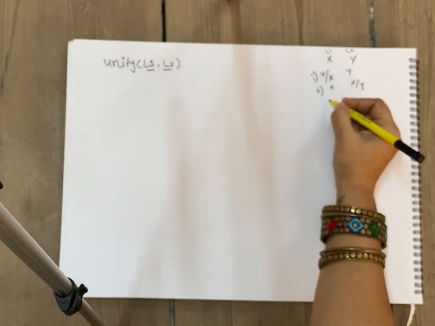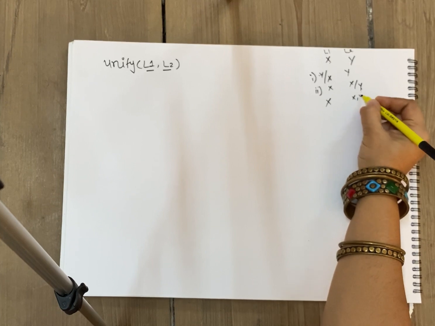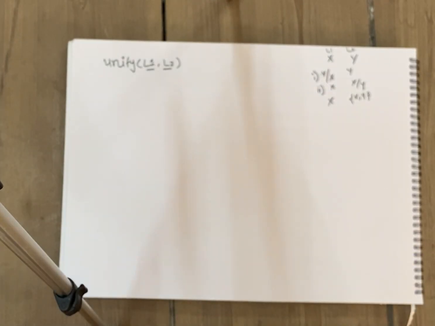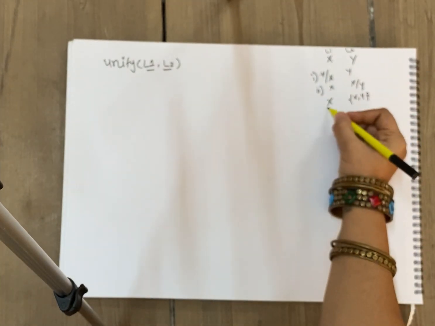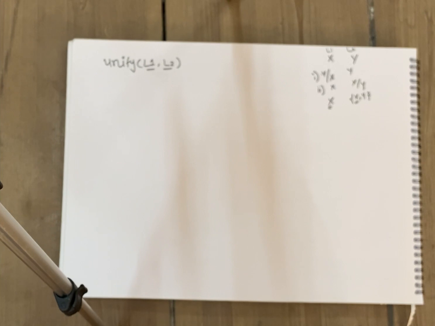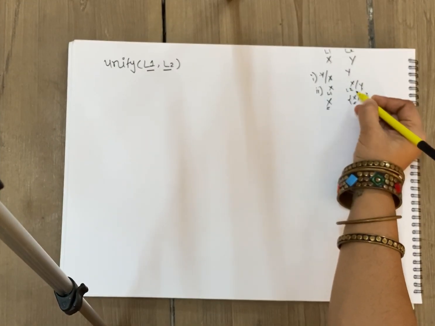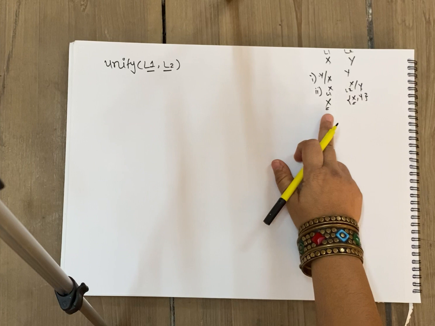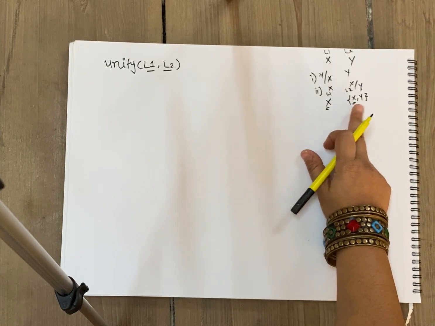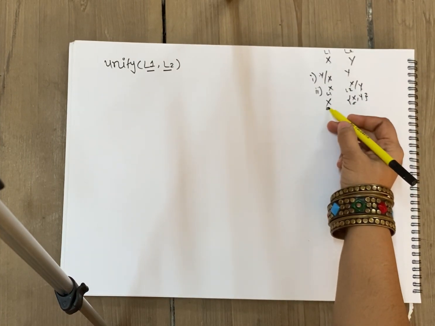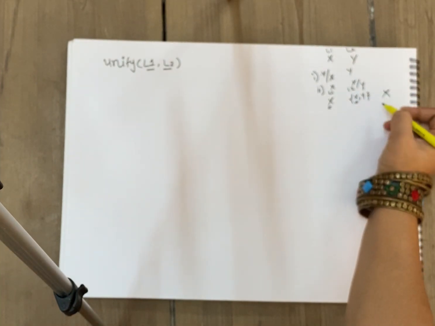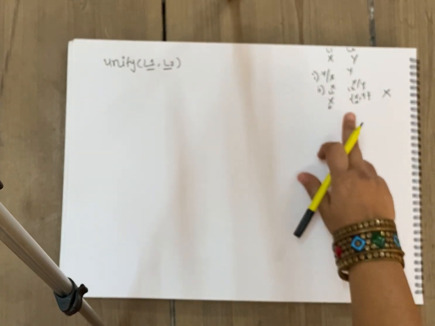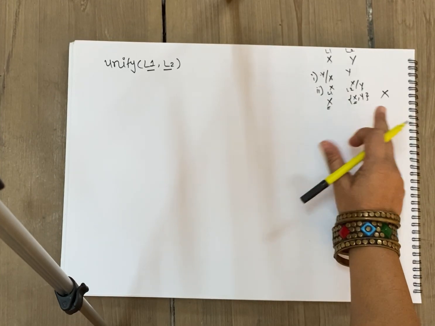But imagine a scenario where you have a variable x and then you have this, a set {x, y}. So I am comparing my variable with a set. In this case, what happens? This x is actually part of the second. This is L1 and this is L2. So what happens over here? L1 is a variable x and L2 is a set which contains two variables x and y. So x is a separate variable and over here x is part of L2. So is it possible that you can unify L1 and L2? No, this unification is not possible because even though L1 is a variable, it is part of L2.